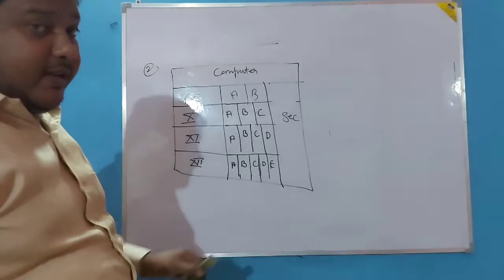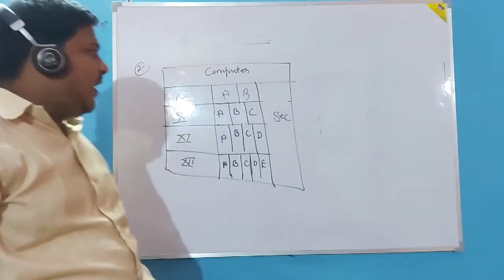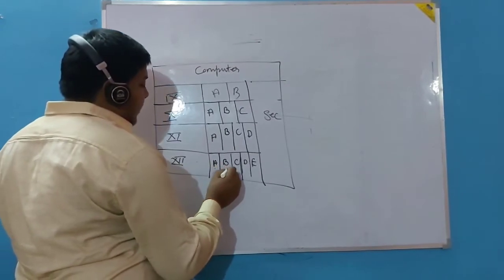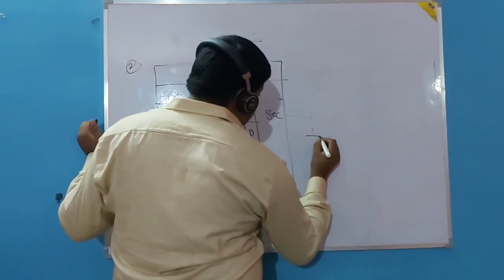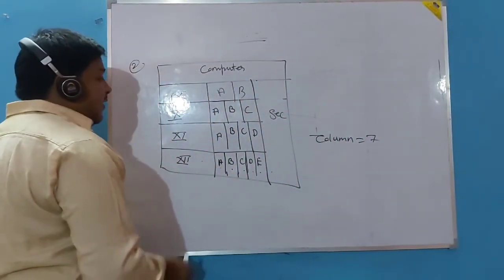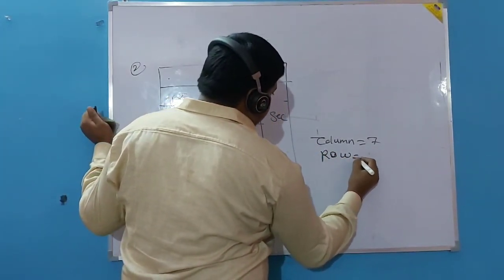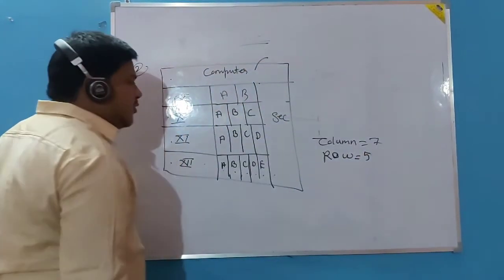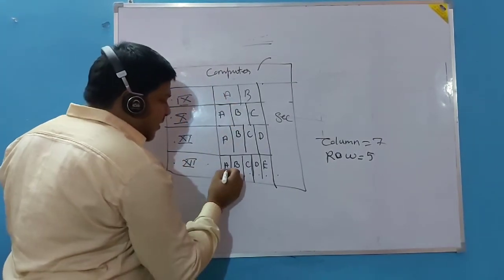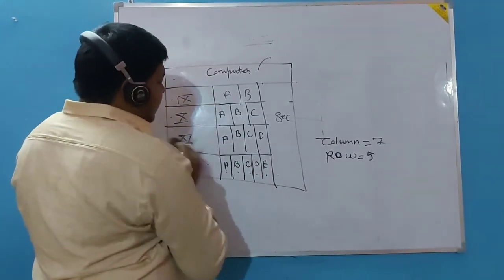Homework 2. Look here. This is a difficult table which you have to draw. Clear? Now I will explain: total number of columns 1, 2, 3, 4, 5, 6, 7. Maximum columns is 7. How many rows? 1, 2, 3, 4, 5. Total rows is equal to 5. That means in this one, how much does it have to merge? You can find out. Here, no problem. Here how many merged? Maximum columns 1, 2, 3, 4, 5. So 5. Let me take column 4.